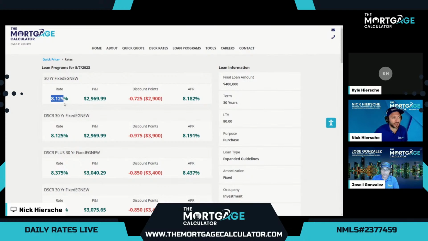So best option here at the top, 8.125 rate, 0.725 discount points and costs, puts our final APR at 8.182. So we solved our problem for our investor here. Instead of $13,000 here, nice, easy to handle $2,900. And it has a higher rate. Most investors are happy with these options as long as their property cash flows. So most investors, when presented with a DSCR non-QM option compared to a conventional option, will choose the DSCR option. I'd say 90% or more of our investors right now are typically leaning towards the DSCR option.